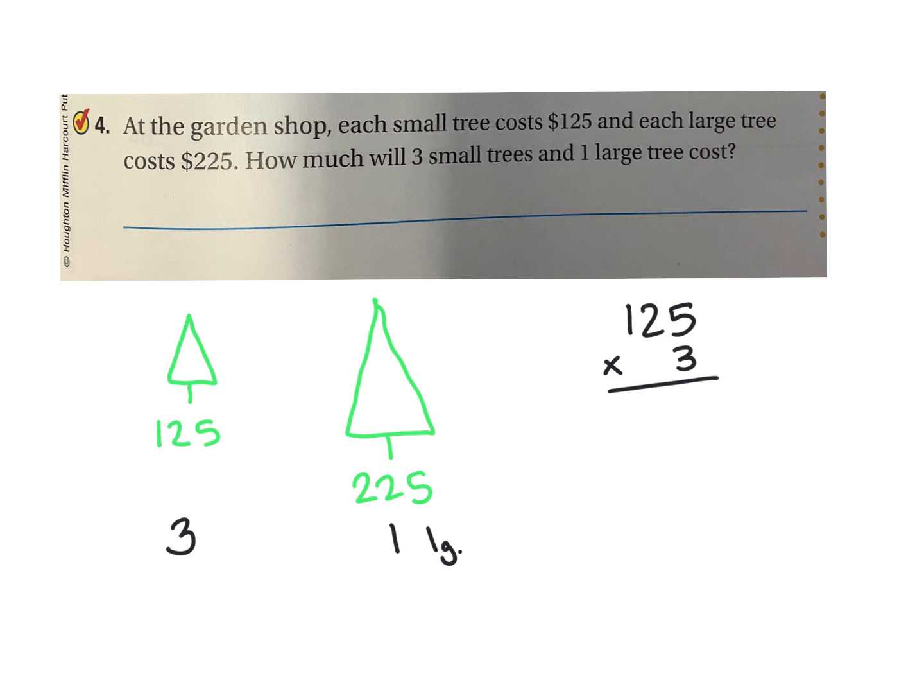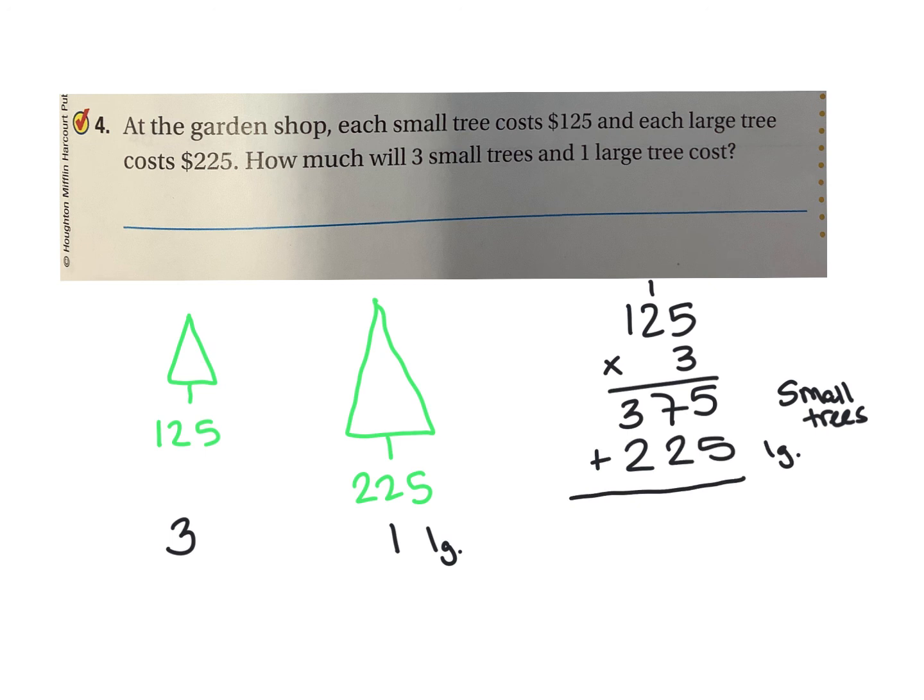So I'll do my multiplication. 3 times 5 is 15. We do the carryover. 3 times 2 is 6 plus 1 is 7. And 3 times 1 is 3. So this is the cost of the 3 small trees. I also am buying 1 large tree. That's $225. Putting them all together will be addition, so I'm going to add 225 for the large tree,